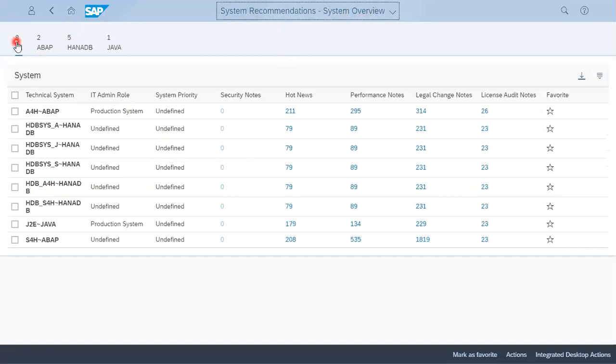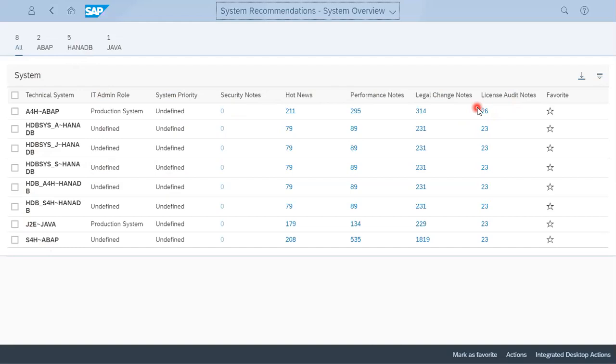Here all types of systems are included, and if I segregate between the different types of systems: ABAP, HANA DB and Java systems, these are the technical names of the systems, the IT admin role which is maintained in LMDB, the priority of the system, and these are different options: security notes, hot news, performance notes, legal change notes, and license audit notes.